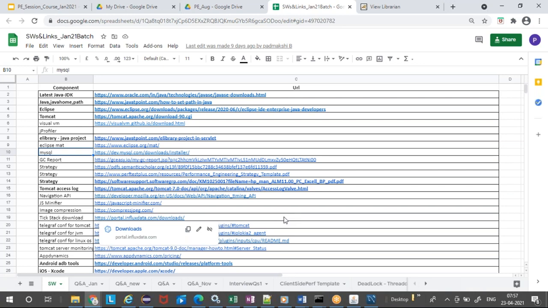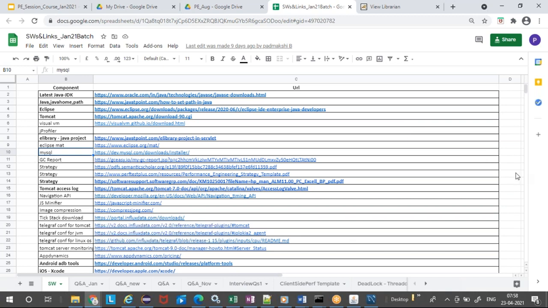So think of it as a challenge, and even if it takes time, when you set up Eclipse or MySQL or Tomcat or Java, you will keep getting some unknown errors. Even if I do it on a new machine, I will also get errors and I will not have a solution. I'll have to search on Google, and eventually we'll fix it. But that troubleshooting is very important from the PE perspective. We have to be open to troubleshooting, open to issues, and 5 out of 10 times we will not get a solution. That is still fine. That is how everybody does it. We should be open to accepting those challenges and failures also. So don't worry about it.